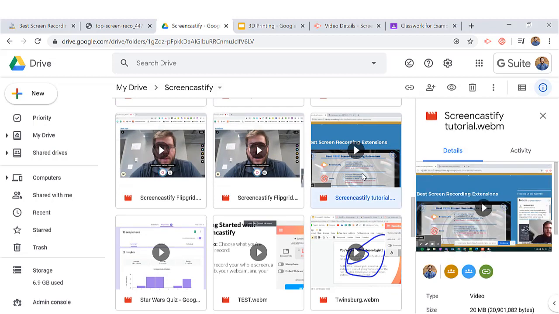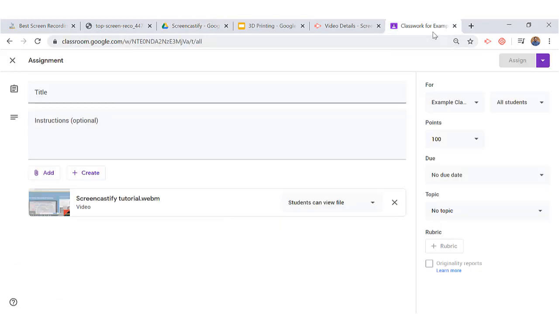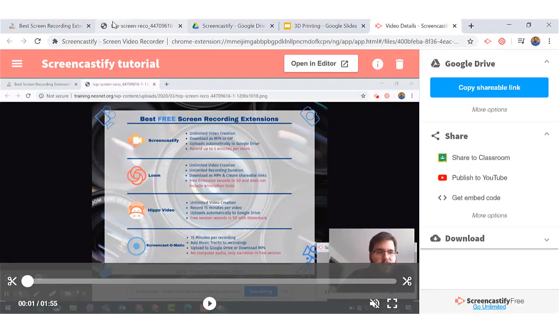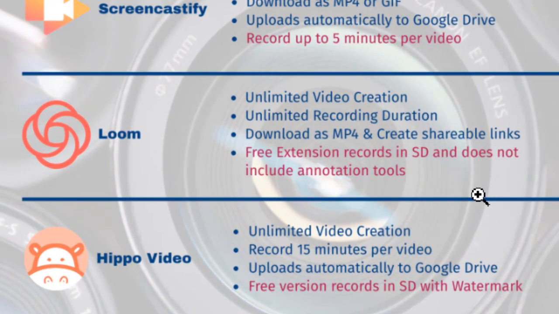There it is. I have mine in alphabetical order, so I just named it Screencastify, so I found the S's, and there it is. Okay. So that is Screencastify. Now, our other one that we want to look at is Loom, and like I said